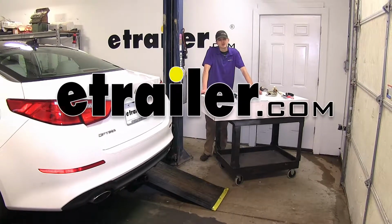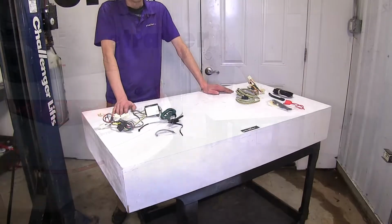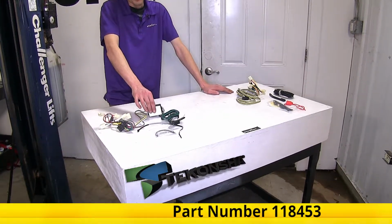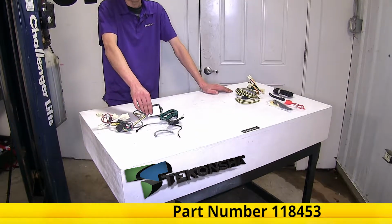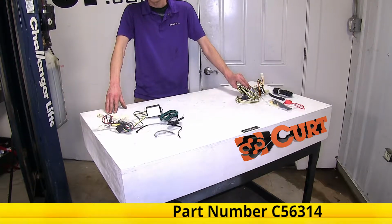Today in our 2013 Kia Optima, we'll be having a look at our best trailer wiring options. We have two wiring harnesses here today. This one here is the Tekonsha T-One, part number 118453. This one here is the CURT T-Connector, part number